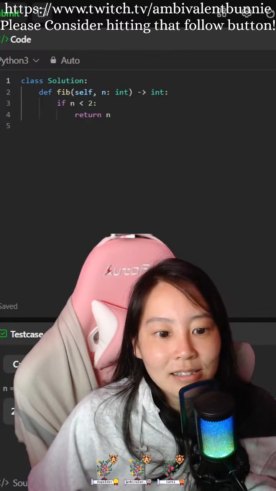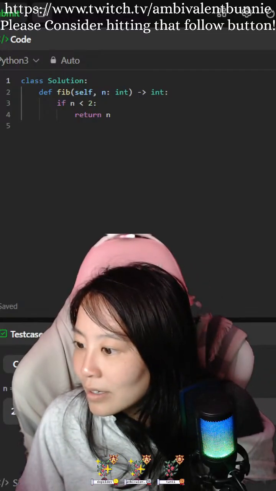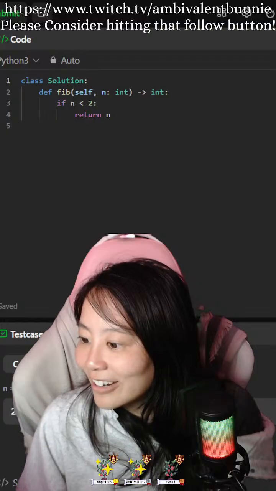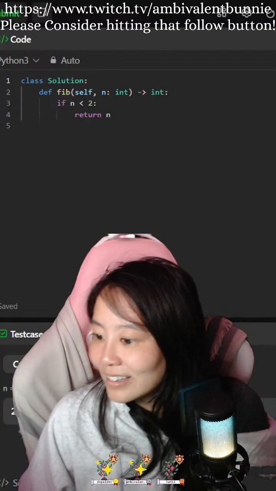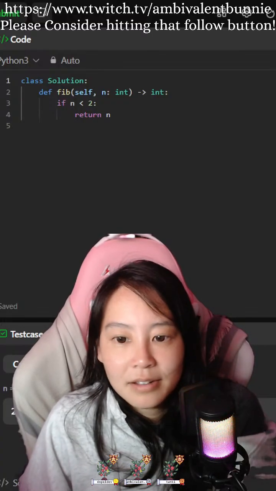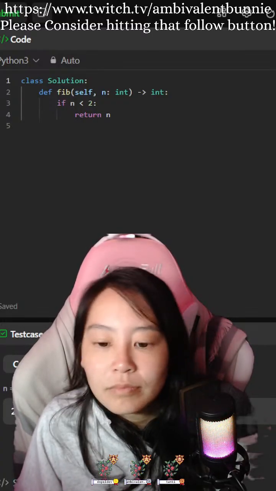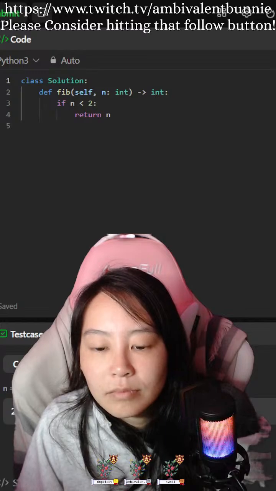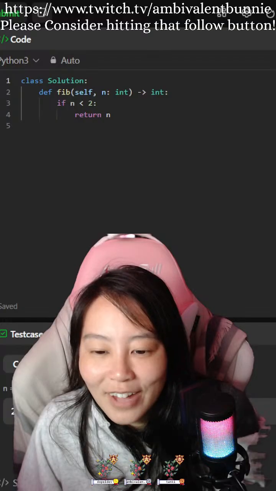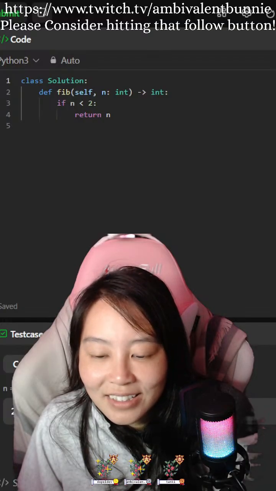Okay, step by step. Iterative. Keep adding stuff until you get n. Okay, so O of n is the fastest. Less dumb solution in which we store values.